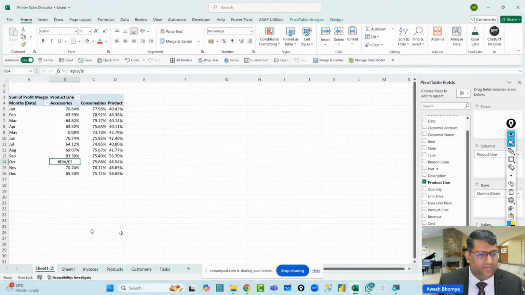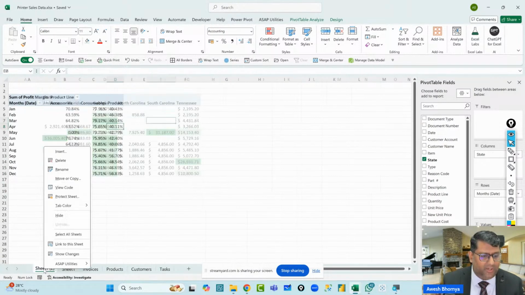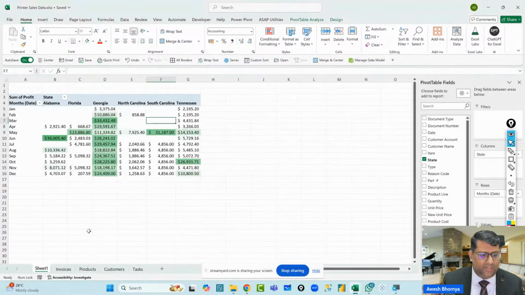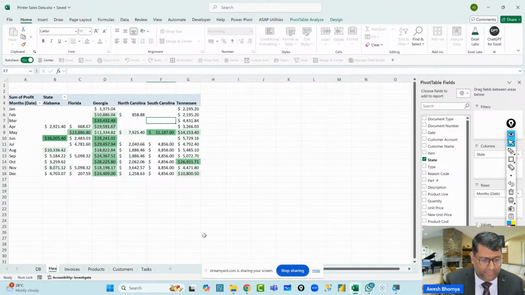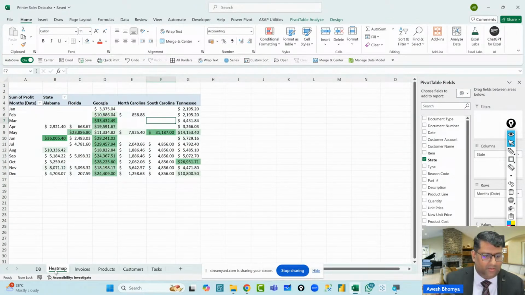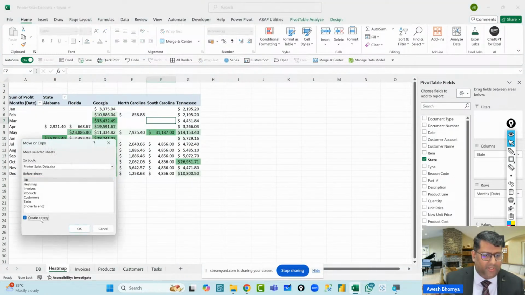Now I can start building a quick small dashboard out of this. So let me set up a sheet and start building a dashboard. I'm currently deleting this, and this I'm just keeping as it is. I start off by creating one more sheet, and let's call this DB, which indicates dashboard. I'll push it to the left, and let's call this heat map. Then I can right-click and say Move or Copy, create a copy, and place the copy after the heat map.